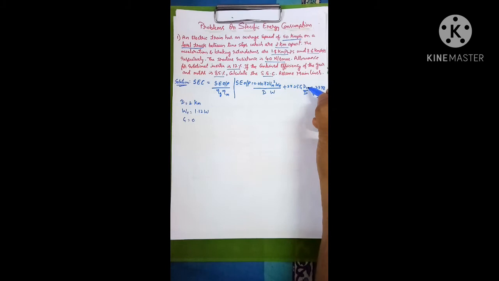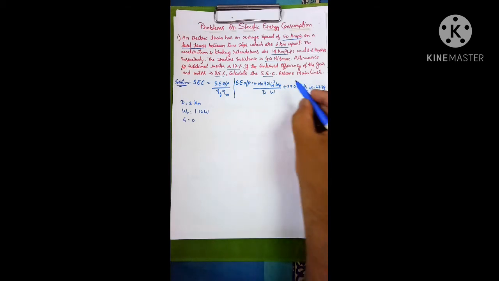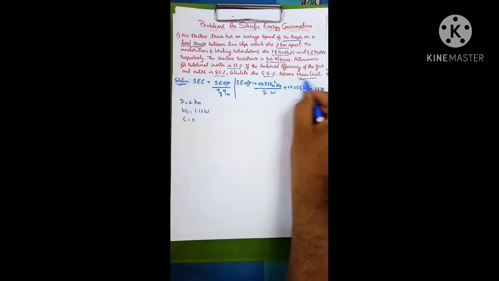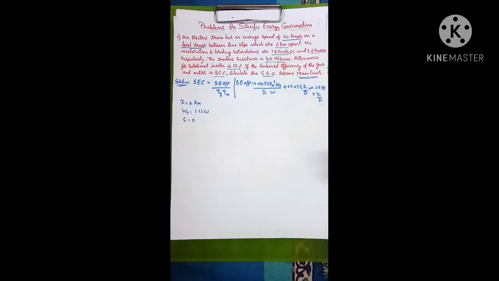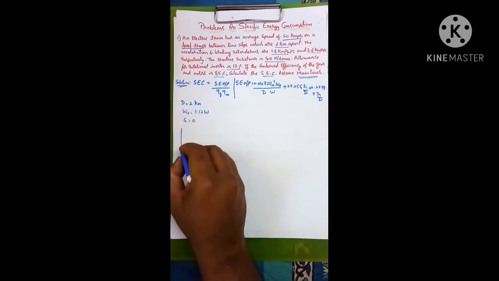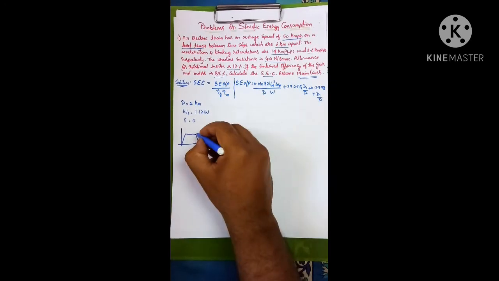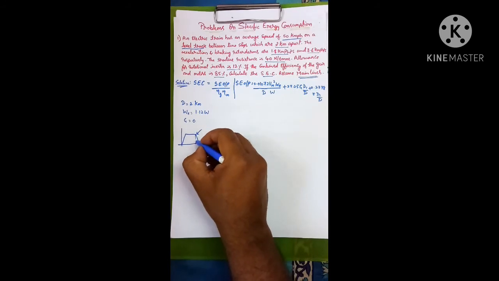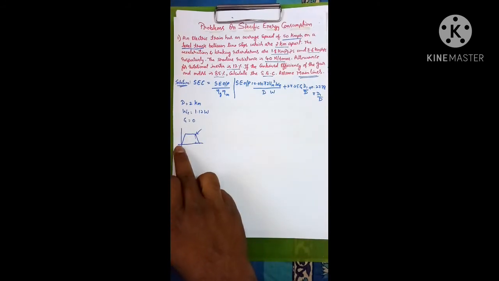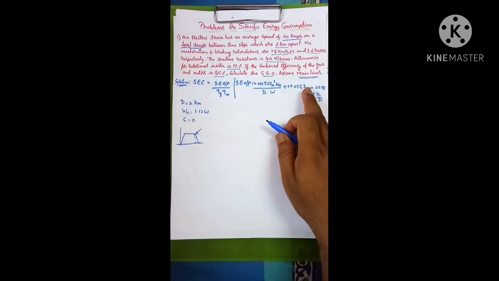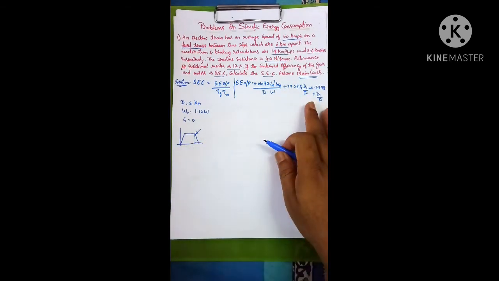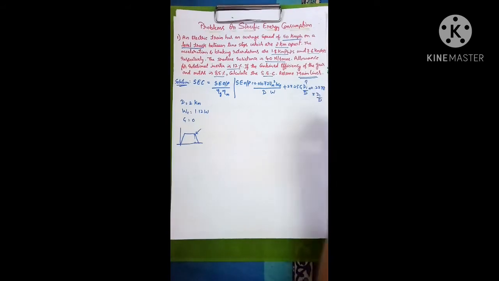Then capital D is given. We want D1. D1 is the distance traveled for which we have supplied the energy. One point you need to understand here: for main service lines we get a trapezoidal curve, which has acceleration, free running and braking. Up to this point we will give the supply. So you need to find the distance during acceleration plus the distance during free run, which will give you D1. Right now we don't know that. D1 is unknown.